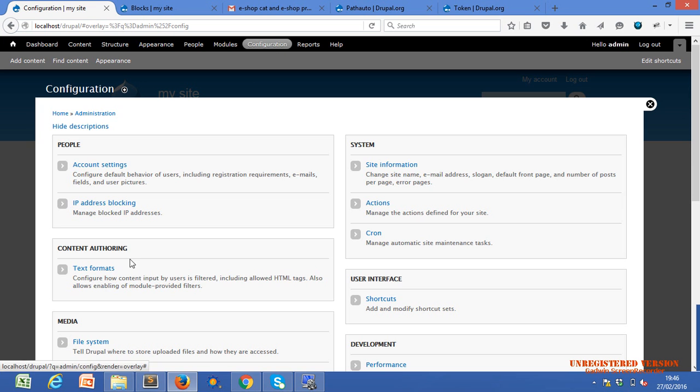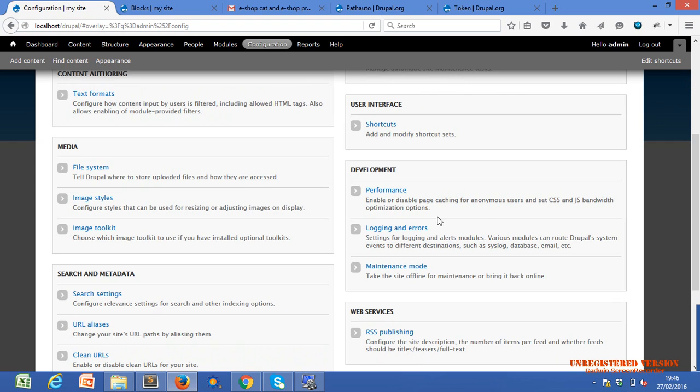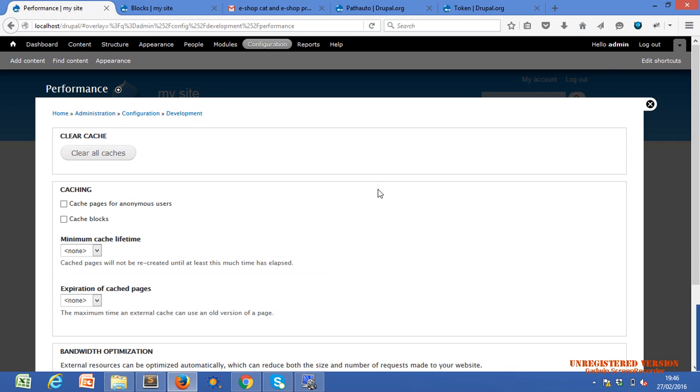Configuration, performance, yeah, cache. The cache option is for the website.